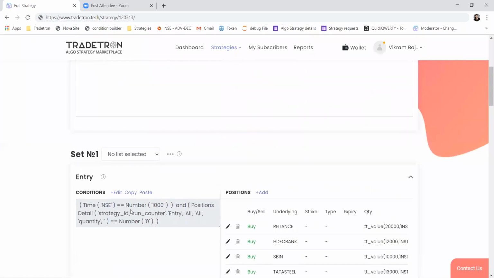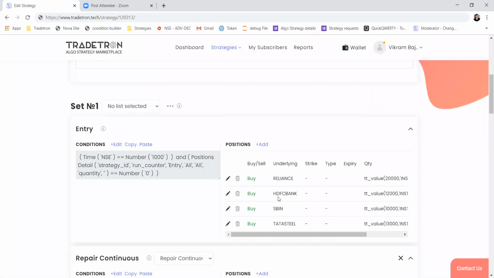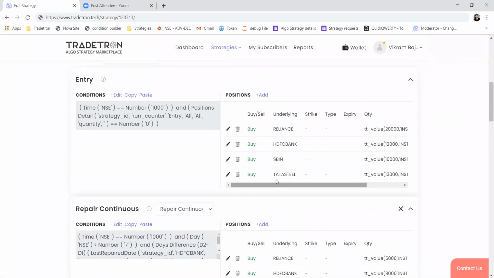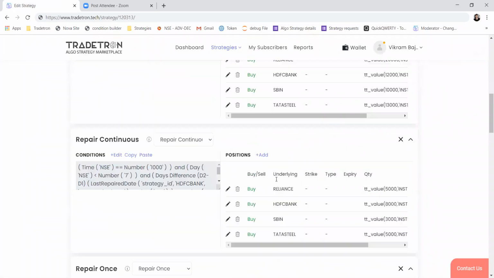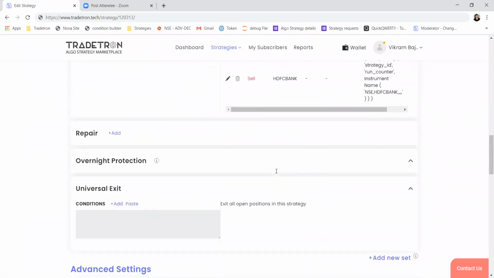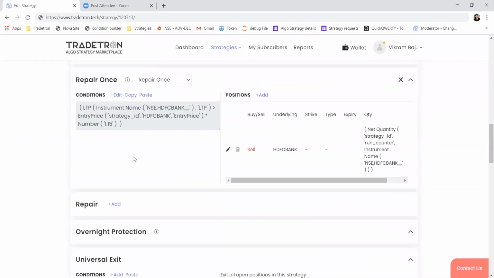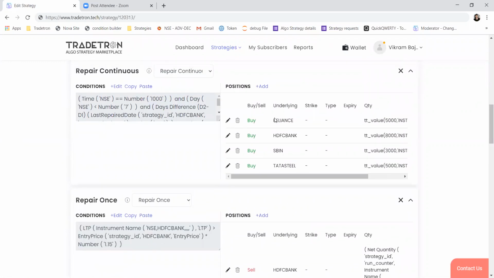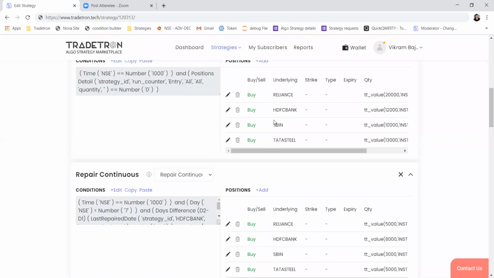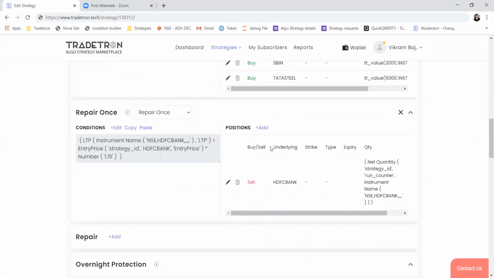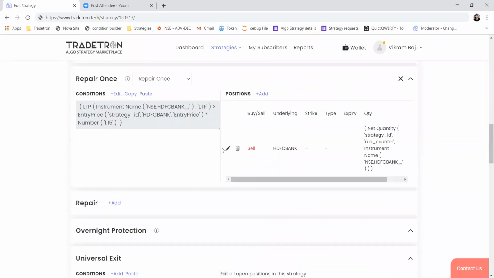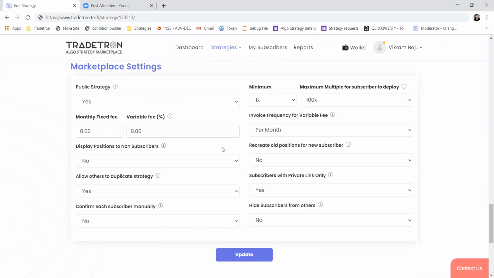And then it won't take a new entry again in HDFC Bank. And if you want to initiate it, then you can just create a new set and add HDFC Bank again in that set. Similarly, you can add multiple repair once conditions, one for each of the stocks that you have chosen in your portfolio. So this is just an example. We'll just update this too in our strategy.